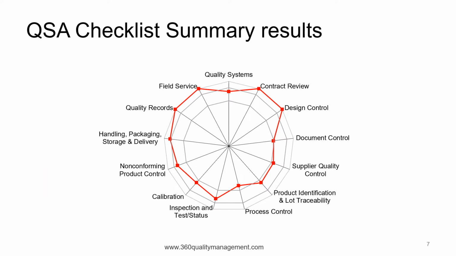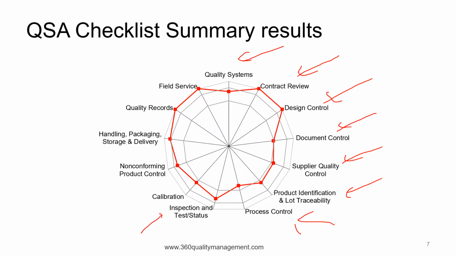A quality audit checklist or QSA checklist will capture all the essential elements in the quality management system, which could consist of the quality system itself, contract review, the design control, document control, how they control the documents, supplier quality control to control the purchased parts or the incoming parts, the product traceability and identification, the process control to manufacture the parts itself, inspection and test status of a product, the calibration of the equipment used to measure the product